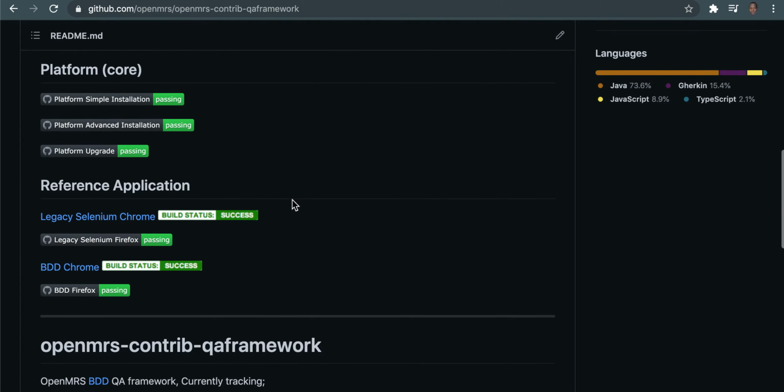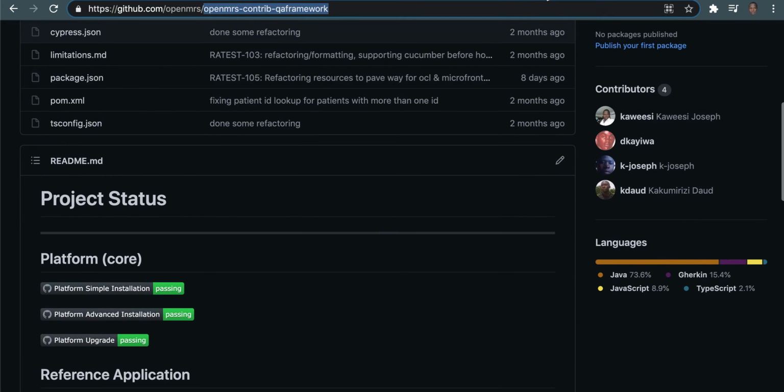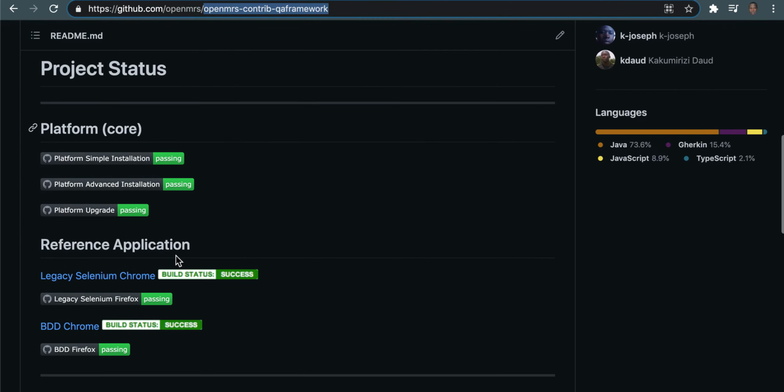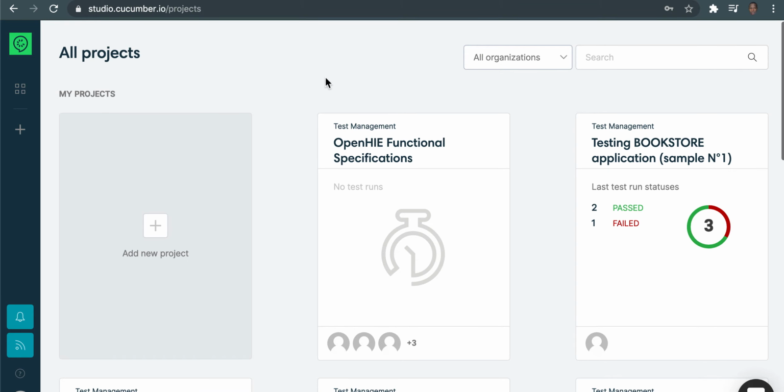This dashboard will grow, and we'll keep on including all QA projects within the OpenMRS realm, even those that won't necessarily be managed within the QA framework. At least we'll try to include all their labels down here, so that this becomes the one center place where you would go to know the QA status of all the rest of the tools across OpenMRS. Okay, ideally all these CI builds, including GitHub Actions and Bamboo, posting results directly into Cucumber Studio